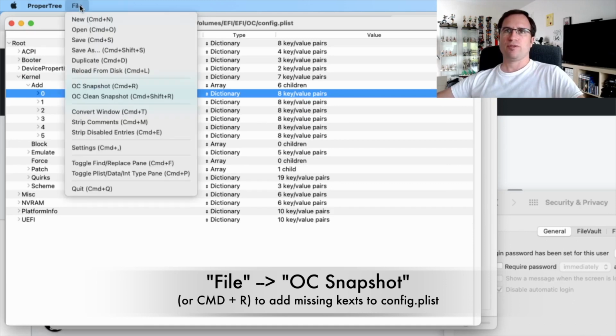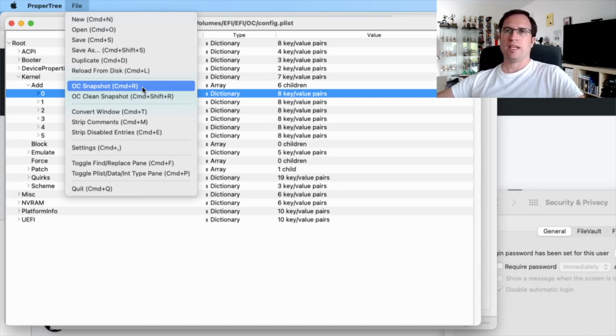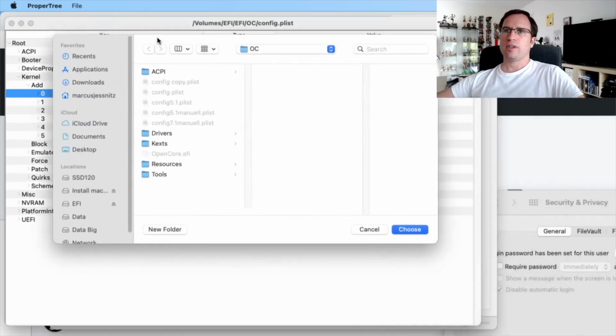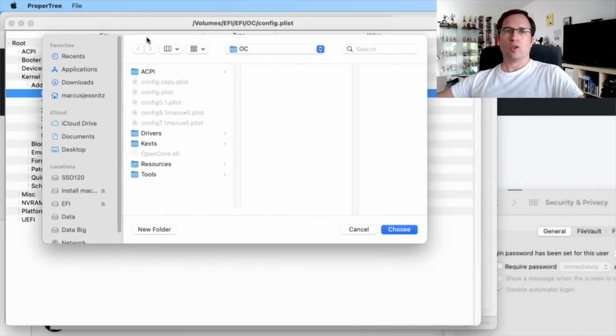If you go up here to File and you say OC Snapshot, ProperTree will scan the directory and add every kext it finds that is not in the config.plist yet. It asks for the OpenCore directory it should scan.